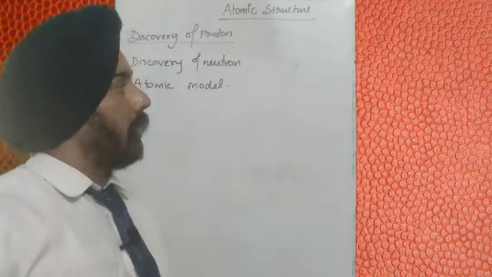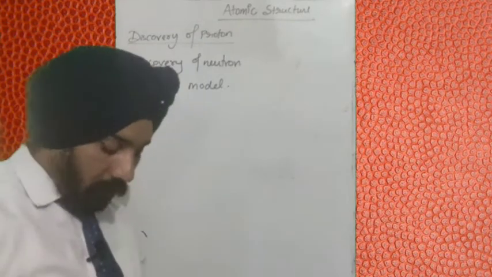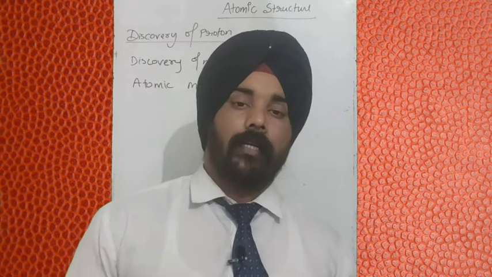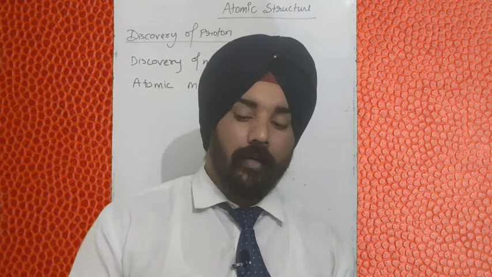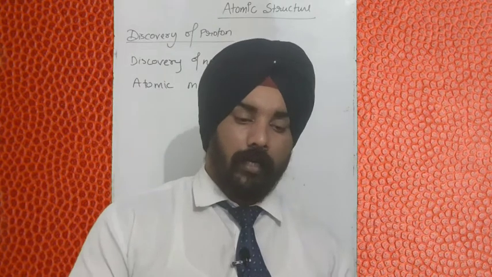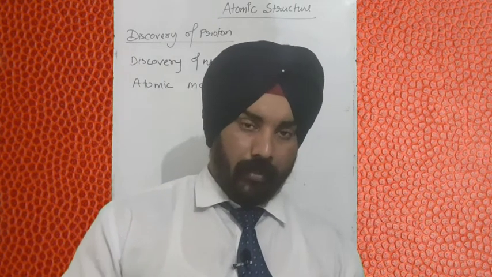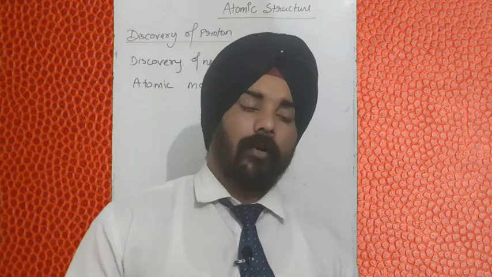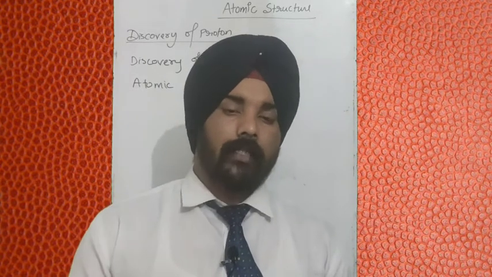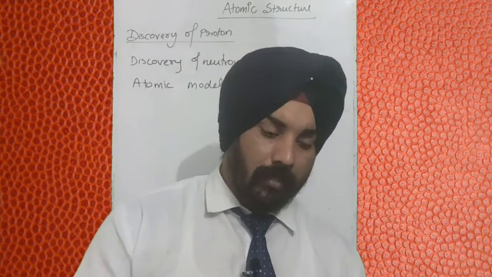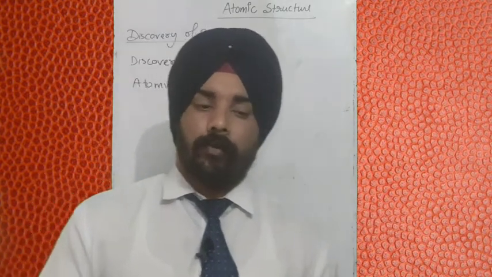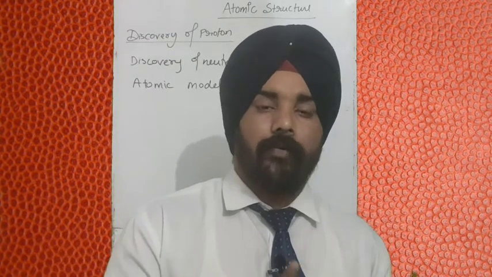First, we should take the discovery of proton. What is the discovery of proton? I'll just tell you about the discovery of proton, because the rest we have studied in the discovery of electron. The discharge tube we have studied in the discovery of electron, and how the experiment was done. So the discovery of proton was done by E. Goldstein. He took the same discharge tube that was taken in the discovery of electron, and in this discharge tube he modified something. Okay, some modification was done.